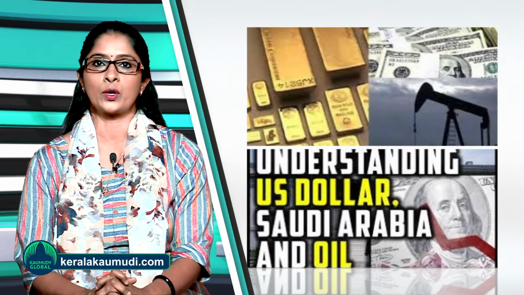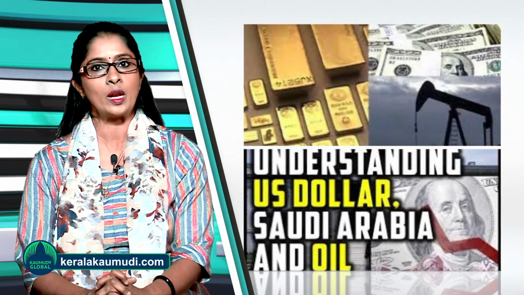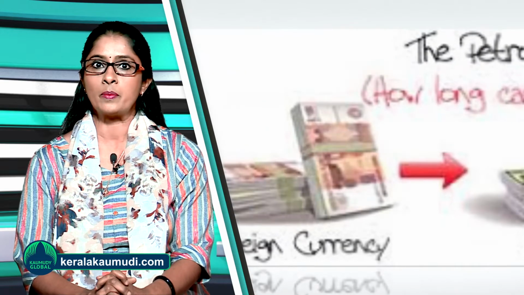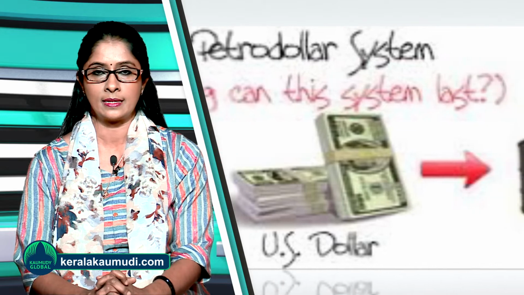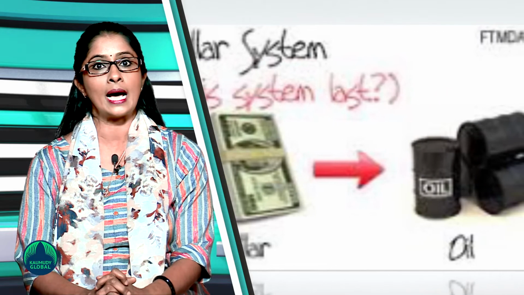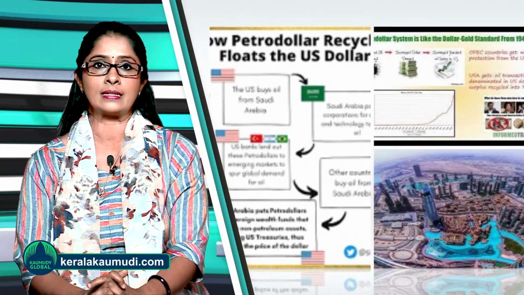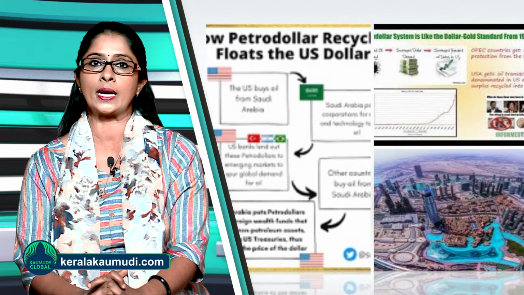The United States and Saudi Arabia agreed to unify oil prices in dollar terms when the Bretton Woods gold standard collapsed in the early 1970s. The petrodollar system was formed as a result of this agreement, as was a shift away from a fixed exchange rate and gold-backed currencies toward a non-backed floating rate system.